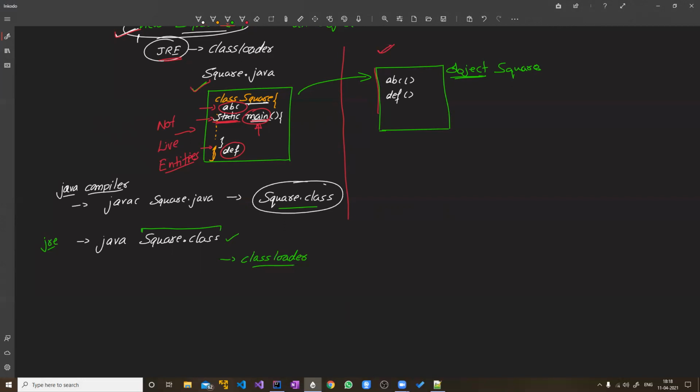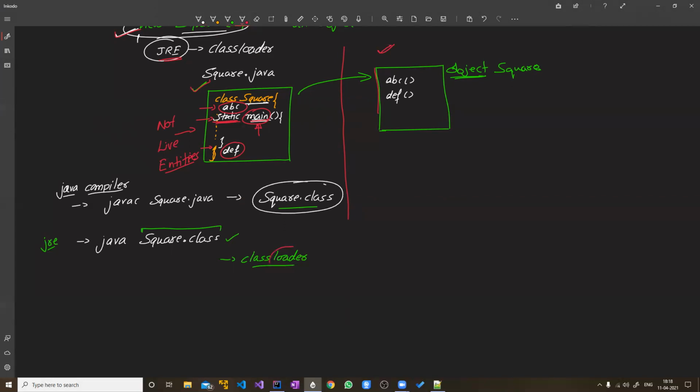Then only you will be able to answer that question. The same thing happens here. When you want a program to get executed, that program is nothing but a set of instructions. Those instructions have to be loaded in the memory of your computer. That action is called loading.